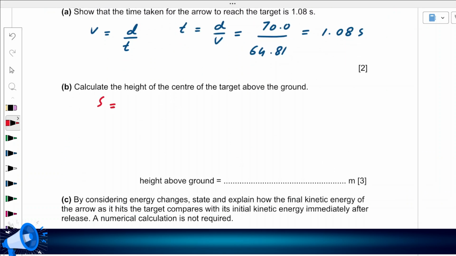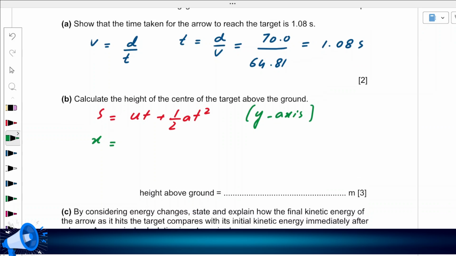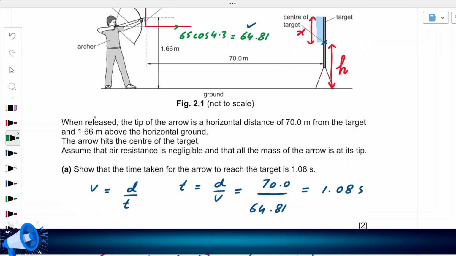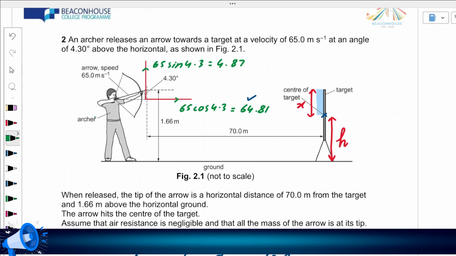So let me write down the equation which is compatible in this case: s equals ut plus 1 over 2 at squared. Displacement is to be found out. We represent it by x. Your choice if you want to write s as it is. U represents the initial velocity, and this equation is now being applied for the y-axis. Keep it in your mind. The equations of motion are used for the y-axis because it's the vertical component which has the acceleration. So the initial was 4.87